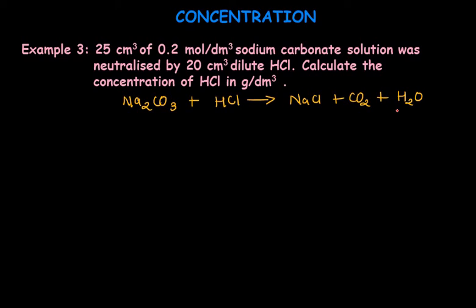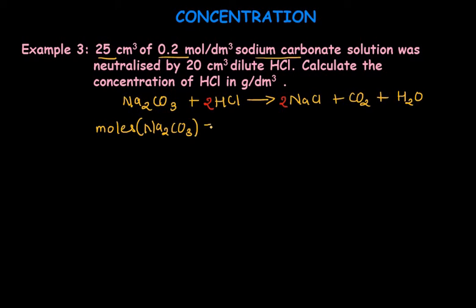Now let's balance it. As we have 2 hydrogen in water, we need to add 2 in front of HCl, and so we also need to add 2 with NaCl because the chloride gets 2 here, and also sodium is Na2 on the reactant side. So now the reaction is balanced. So now let's see what are the known quantities. We know for sodium carbonate the volume and the concentration. So we can calculate the moles of sodium carbonate,